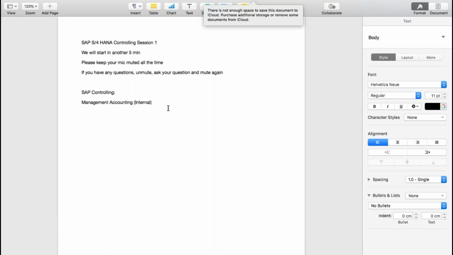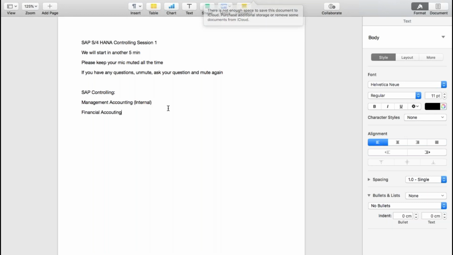For example, you need to report the balance sheet, you need to report the profit and loss. You also need to report multiple different reportings to your auditors, to your tax authorities, right? So all these reports are legal reports, which are to be delivered to the external world. Your tax authorities, your auditors, your Companies Act, these are all examples of the legal requirements that you need to submit to the external authorities. So that external reporting is nothing but financial accounting.